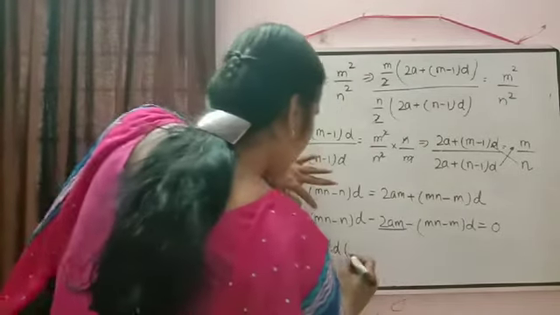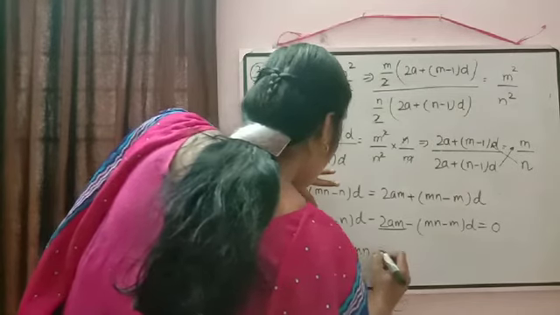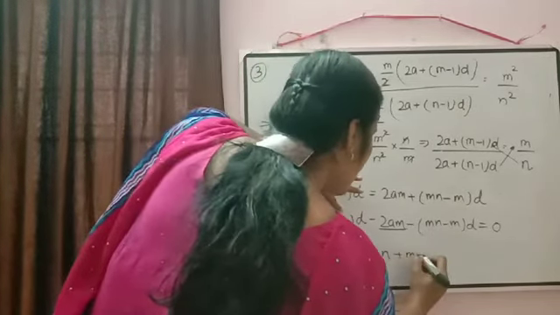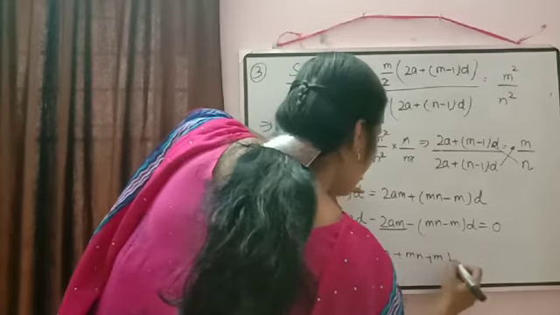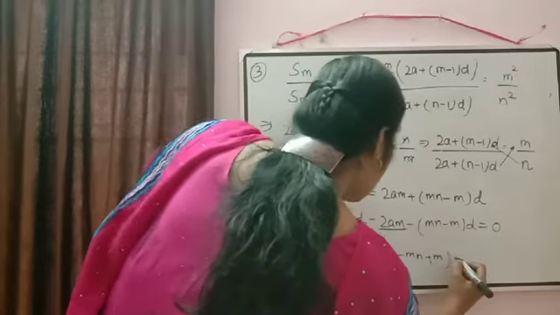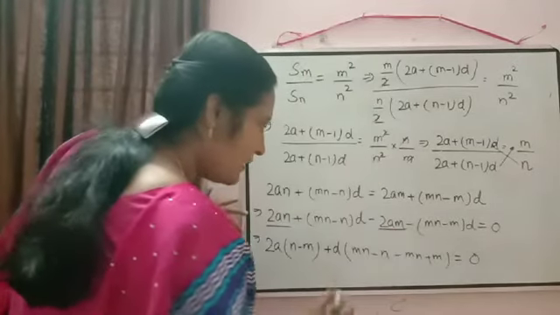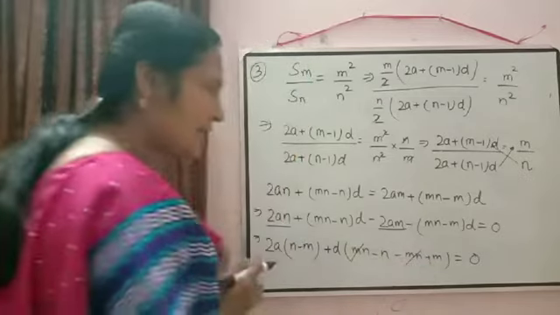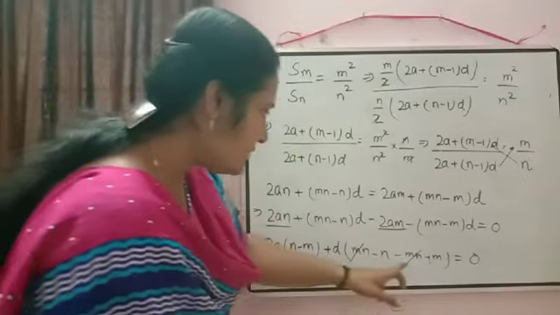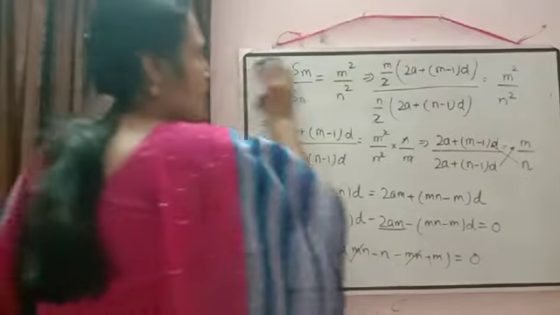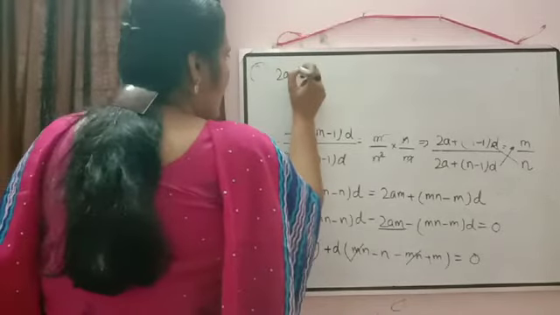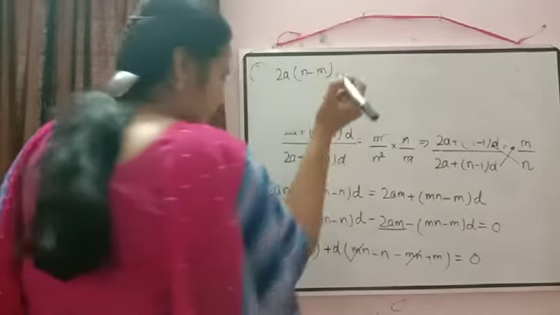Now from here can we take d common? Okay. Then inside the bracket we can check what will remain? mn minus n. Here minus will get multiplied. So plus mn plus m, minus into minus plus m, equal to 0. Now here mn and mn will get cancelled. Now just to check, in these two terms we have a difference of negative sign only. Okay. So 2a into n minus m written as it is there.